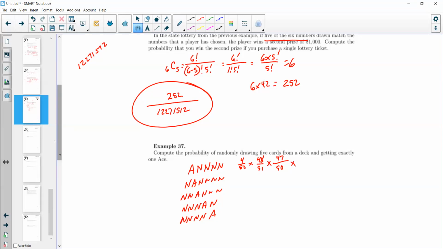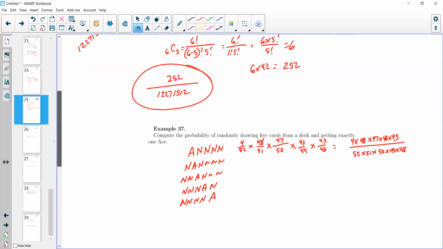Okay, what about the next one? What's the probability of it not being an ace? 46 out of 49. And the last one? 45 out of 48. Now, looking at this, it is 4 times 48 times 47 times 46 times 45, and I'm doing this for a reason, you'll see, over 52 times 51 times 50 times 49 times 48. Okay? And we won't even calculate it yet,